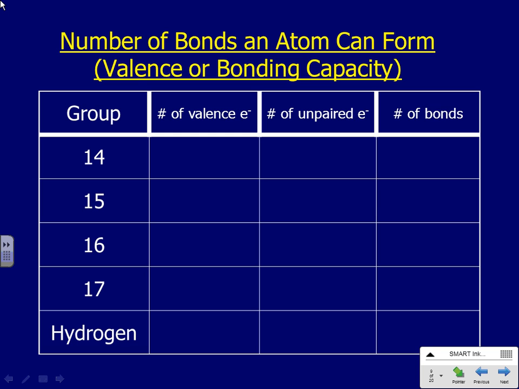Actually, first, we're going to summarize the number of bonds we can have. Yeah, let's write this down. It doesn't need to be in a big table, but this is good information. Sometimes I've wanted to squeeze it down a little bit, but I need you to be able to understand going from the atom to the diagram. And I'm actually going to change number of bonds. I'm going to change the number of bonds, and I'm going to put that as